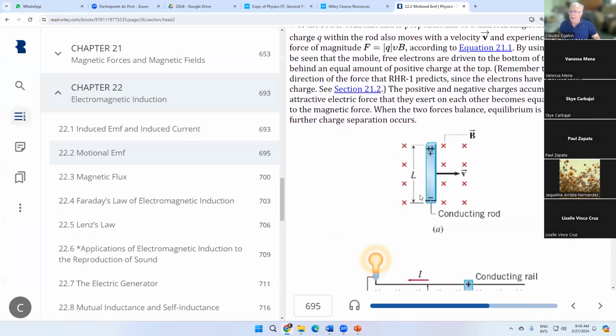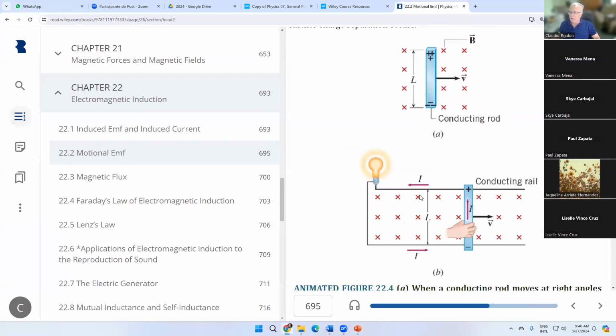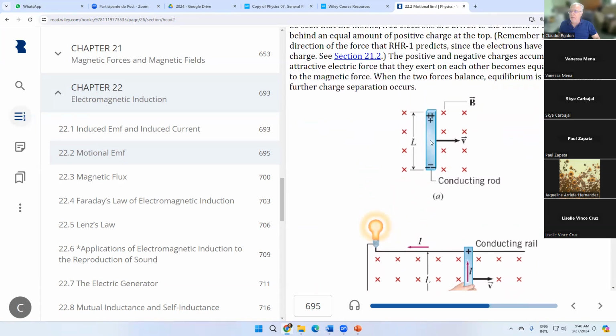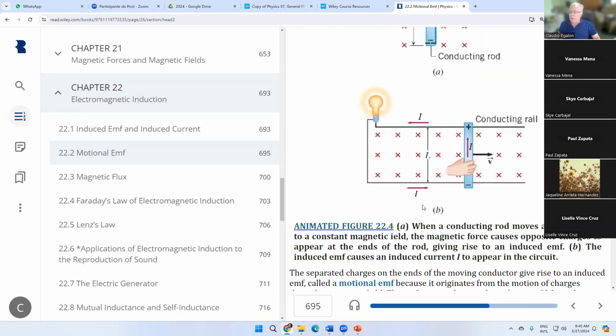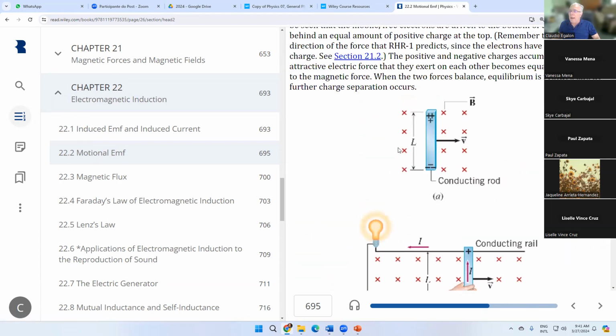The book makes it slightly different. The book is combining the Lorentz law in this case. He did something else that I didn't do. Suppose that there is no conducting rail here in this drawing, and you have only this bar that is moving from the left to the right. If we apply Lorentz force law, right? V cross B,